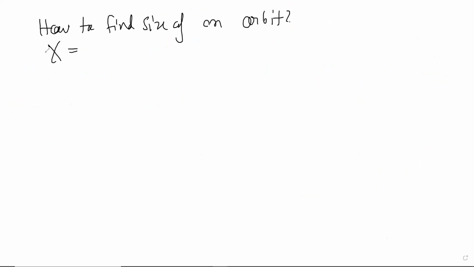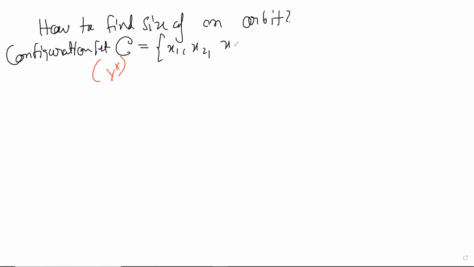So what is the situation? You have a set, which can be called the configuration set. I will not call it X, I'll call it C, because otherwise it will get confused with y to the power X. This is basically like y to the power X, but what I'm saying will apply in more generality. You have a set of configurations x1, x2, x3, let's say there are some m things. This is the gross set of configurations.